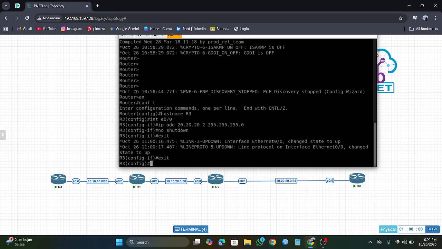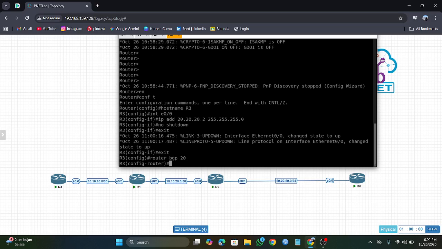Okay, next you tap router BGP 20. You tap neighbor again, neighbor, remote AS 10.